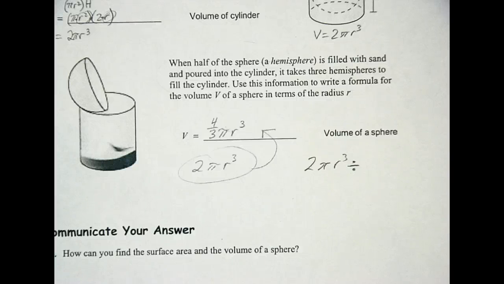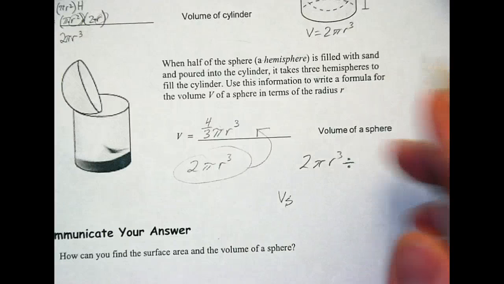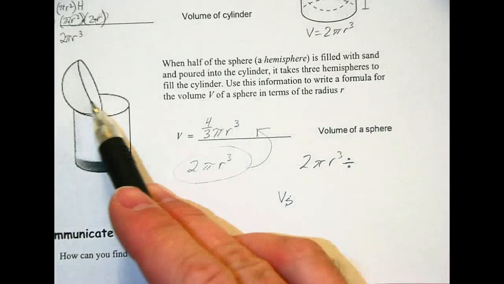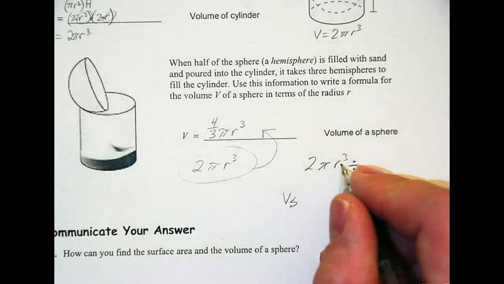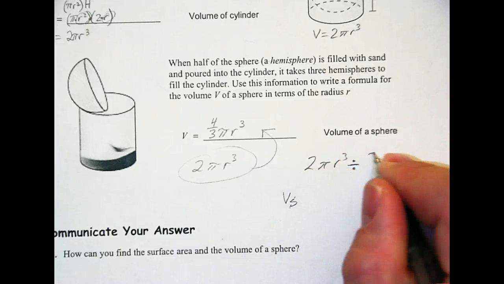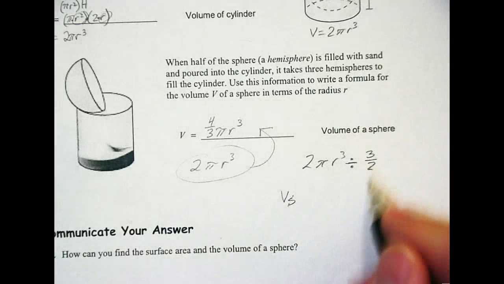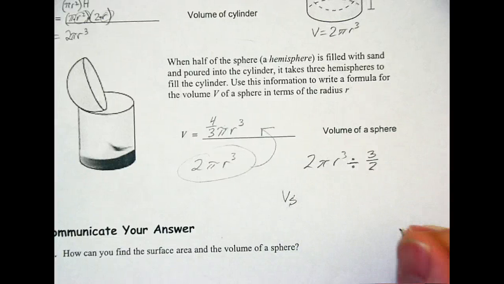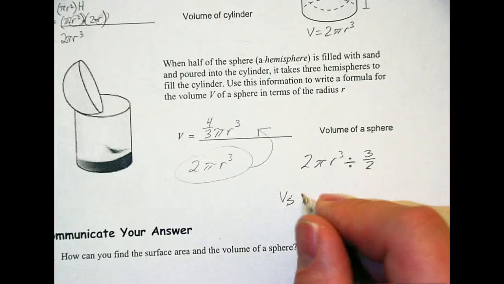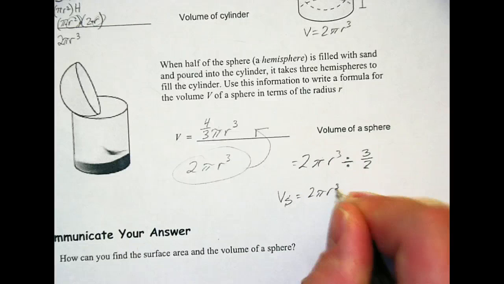Okay, well think of it this way. If you're trying to find the volume of a sphere, and you're using a half of a sphere, how many half spheres are you using? So we're saying that the volume in this cylinder, there are 3 half spheres in there. Okay? And so really what you're doing is dividing by 3 halves, or 1.5. Which then if we divide by 1.5, that tells us the volume is equal to 2 pi r cubed times